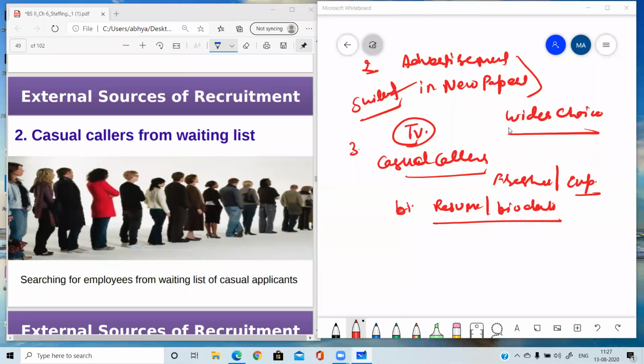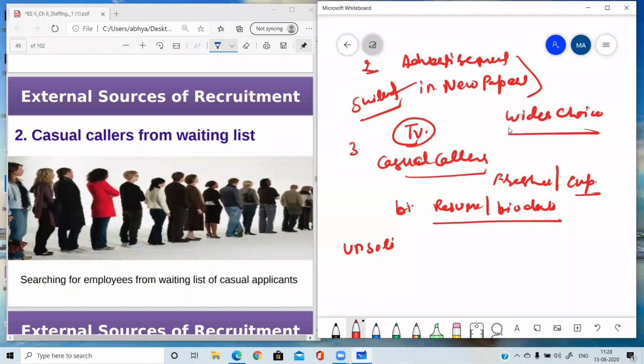Then the job positions are offered to them. Like suppose in our school some teacher has left the job in between the session, at that time the school does not have much time to waste. Suppose the school gives an advertisement in the newspaper, then it may take more time. So to avoid the wastage of time, what the school can do, the unsolicited applications are lying with the school. Out of those applications they may call the required person, and in this manner their job positions will be filled without any wastage. Even they need not pay any money to anyone for making the advertisement or other things, and their time will be saved. Such type of applications are known as unsolicited applications.